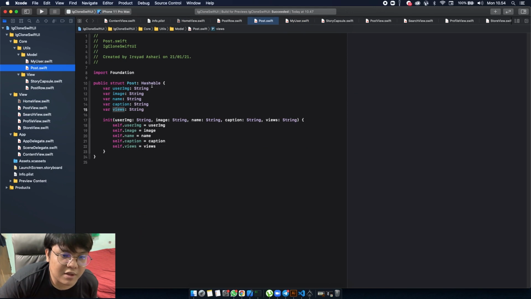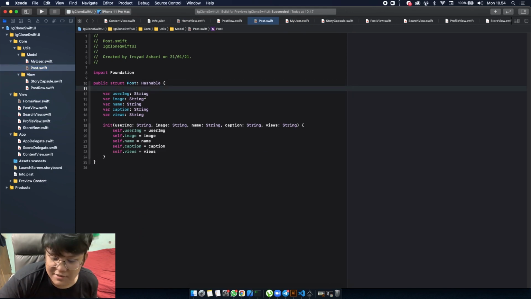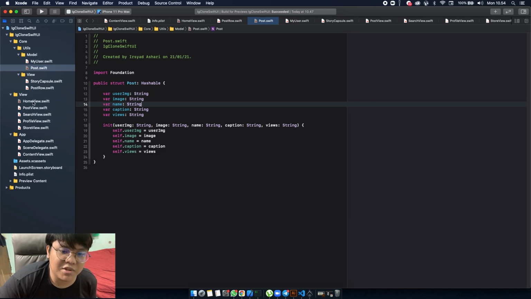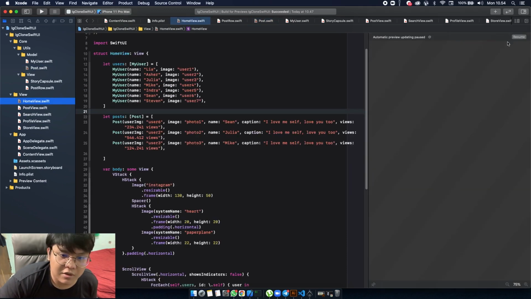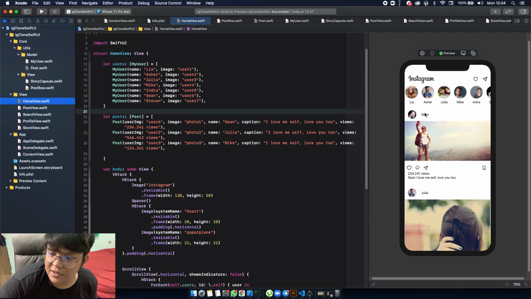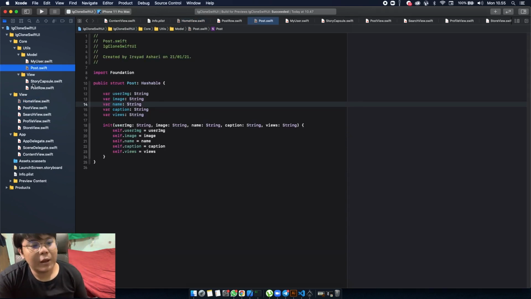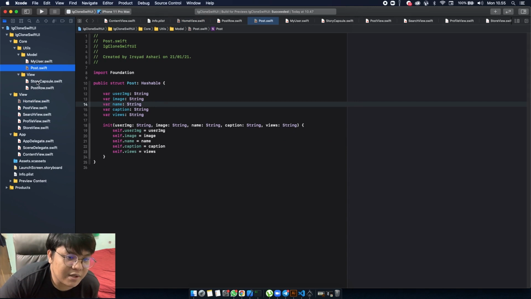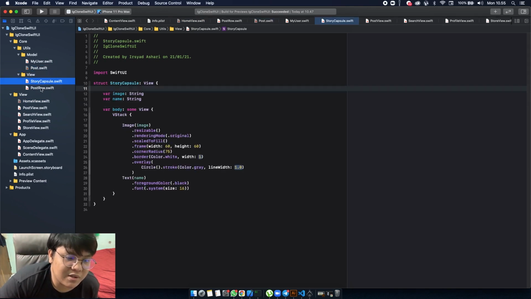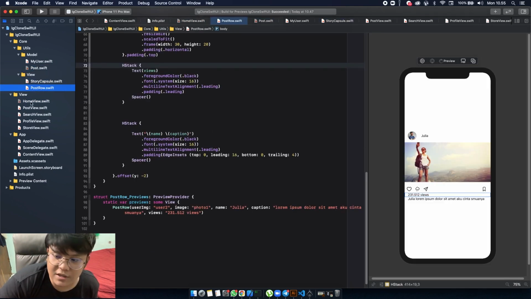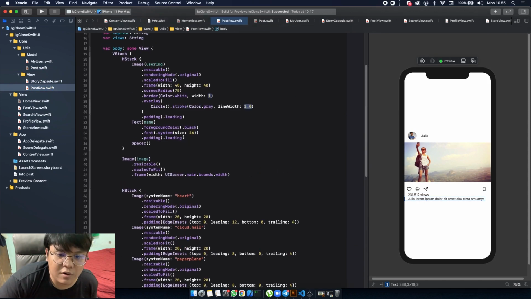Then we also have a post model struct with user image, name, caption, views, and likes. You can see, let me resume it first: name, user image, user post, user views, and caption. This is for showing up. I also created the view of it so that I can just call it inside of the main view. This is the view of the post row,